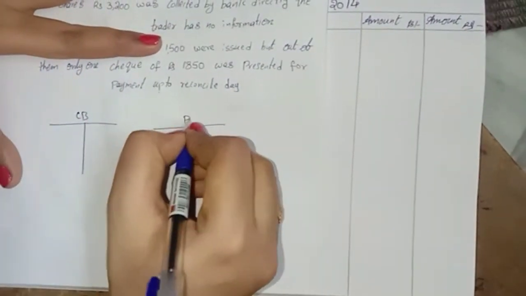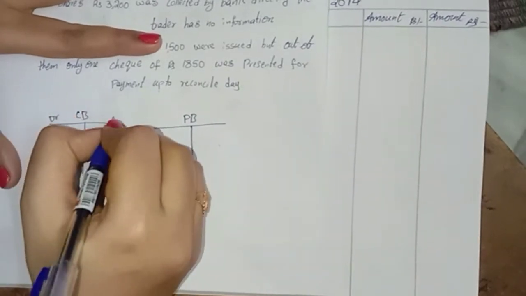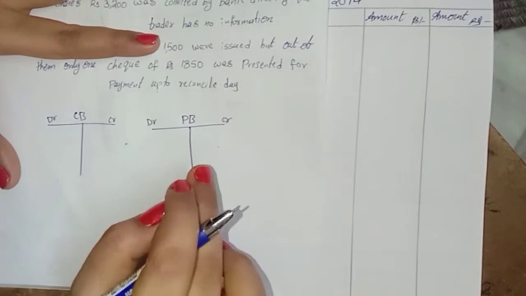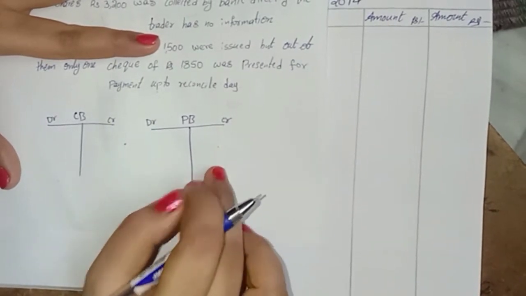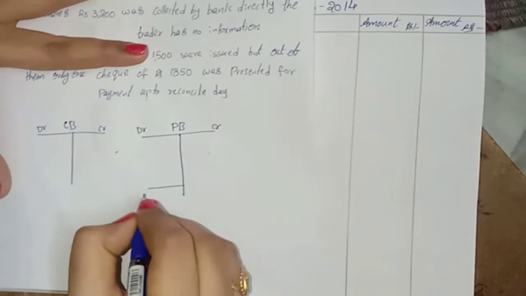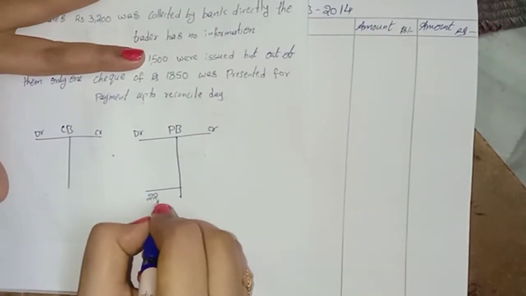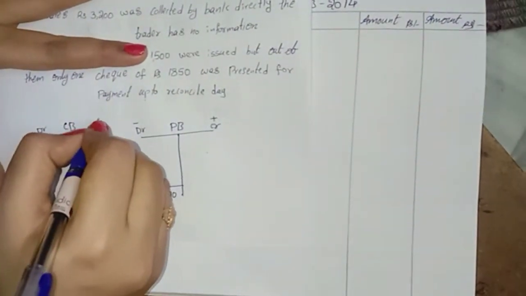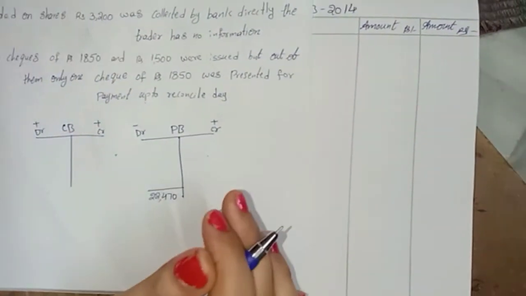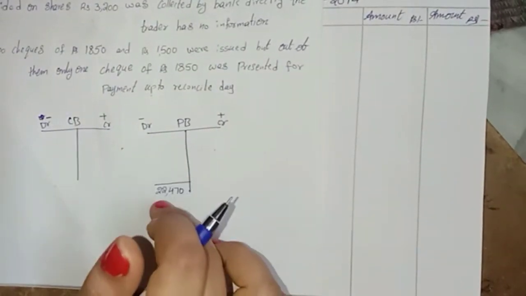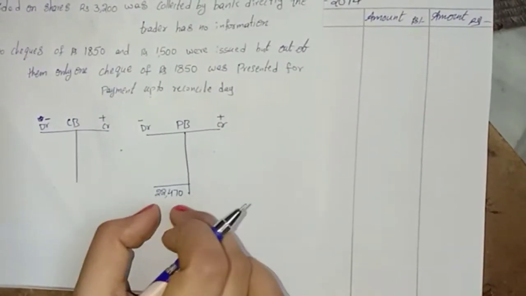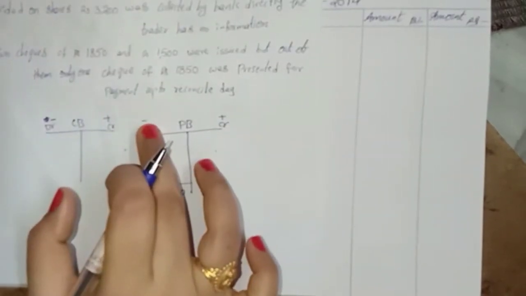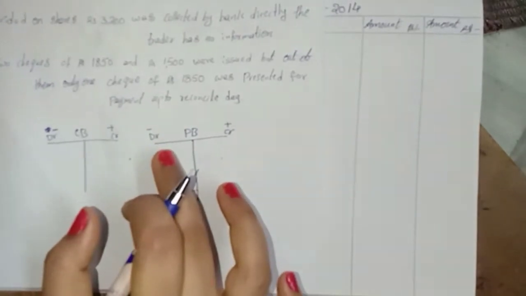Cash book and passbook contain debit and credit columns. The passbook balance is always on the credit side, and the passbook overdraft balance is always on the debit side. 22,470 is on the debit side. Why are we using plus? Why are we using minus? Minus is at the top of the total because it is an unequal, wrong total, so we are using the minus symbol, right?